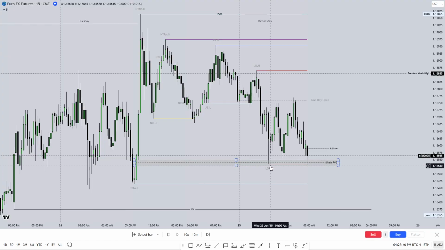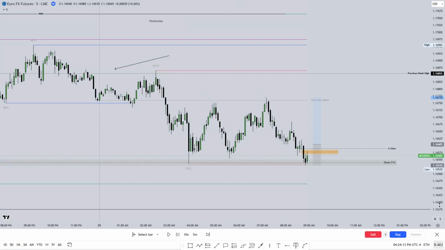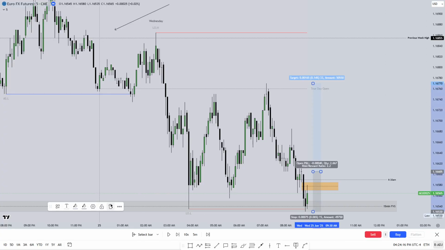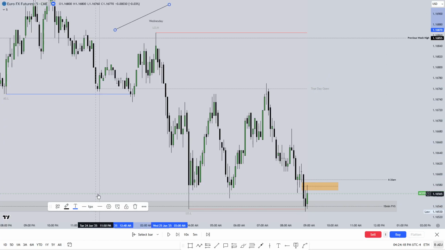So I have alarms set at these highs and lows. If I am bullish, I want to set alarms at the lows right here and really just put my phone away or not look at the screen and just wait till I get an alert that this has been taken right here, because now liquidity, that's session liquidity, has been engaged. That's inside of this 15-minute fair value gap as well. So this is when I'm going down to my 5-minute time frame here. Okay. You can see I have some things marked out already. That is my mistake, but